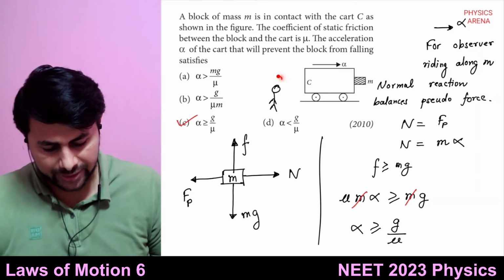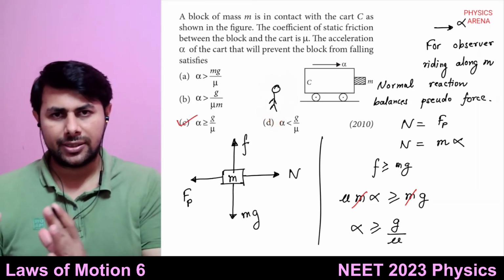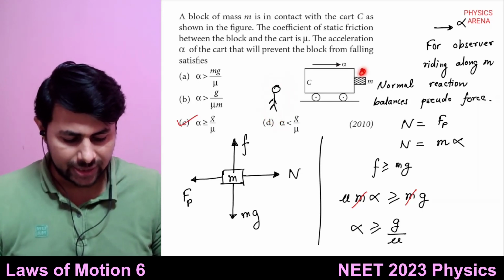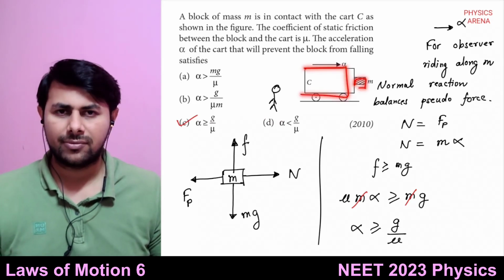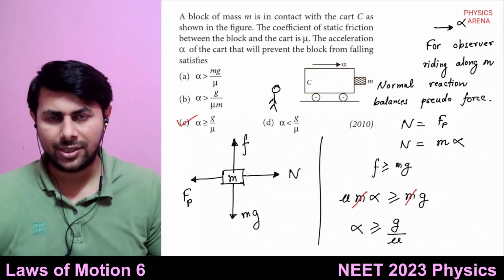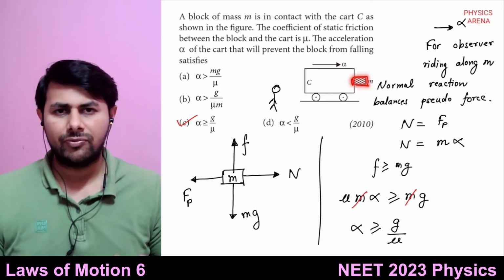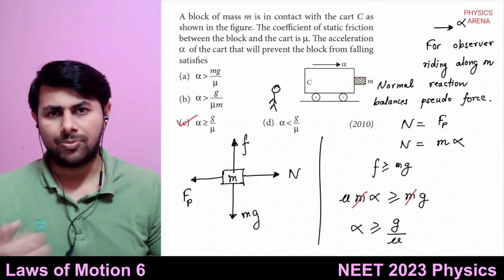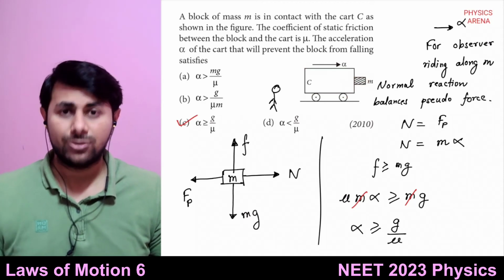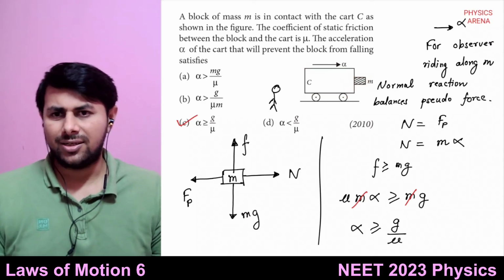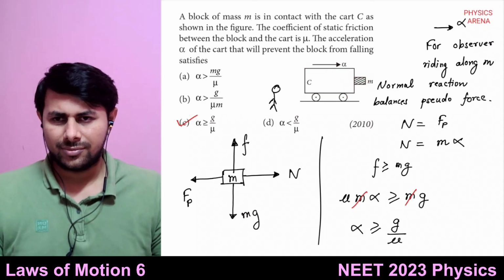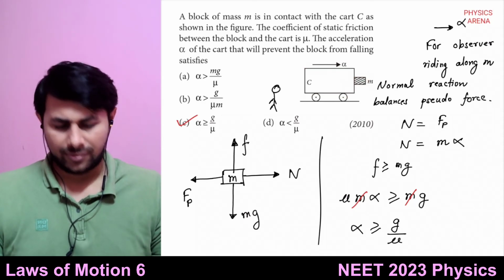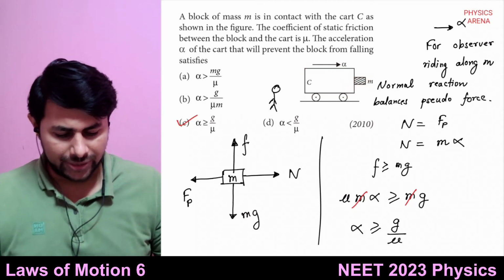So earlier we considered this observer who is an inertial observer. Now we considered an observer who is riding along with this mass. Okay, so the observer is in acceleration, and that's why for this observer we considered a force which is in the opposite direction to the acceleration, called the pseudo force. So is this thing clear? Is the problem clear? Okay, so this is how we solve problems using